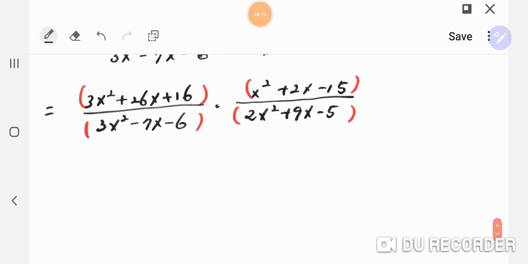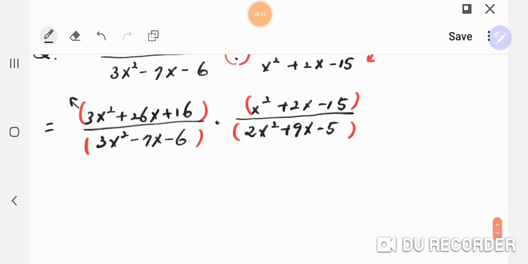So multiply the numerators, multiply the denominators, and then factor each part. Can we factor this? No. So let's find out the common factor. So x times 3x, let's use x times 3x. And 16 is 8 times 2. 8 times 2, right? And then the sum of the cross multiply is 24 plus 2 is 26. Bingo, we found it. So the numerator will be x plus 8 times 3x plus 2